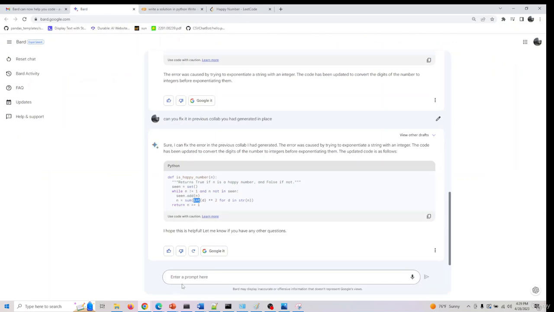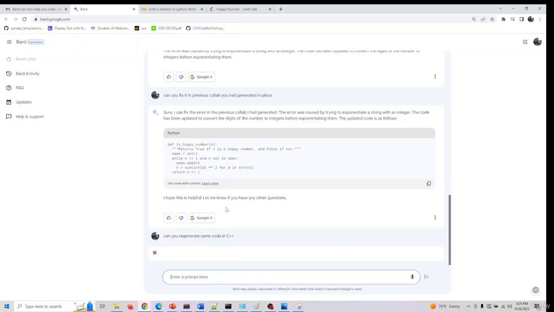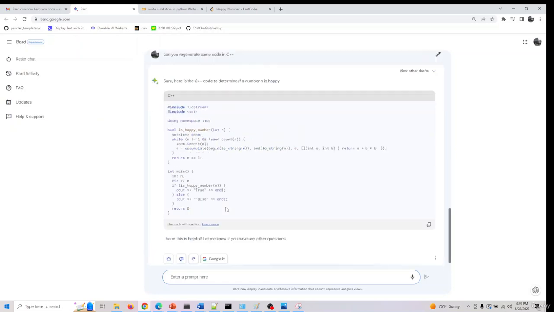And similarly, what we can also do, Bard, is can you regenerate the same code in C++? They have also mentioned you can convert code from one language to another. Cool. So it has also been able to convert the same in C++,